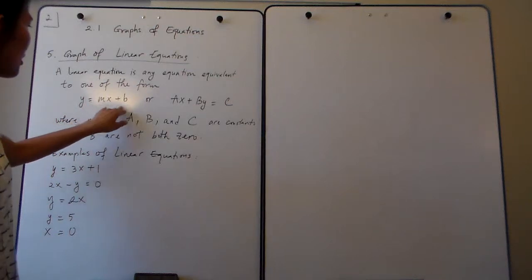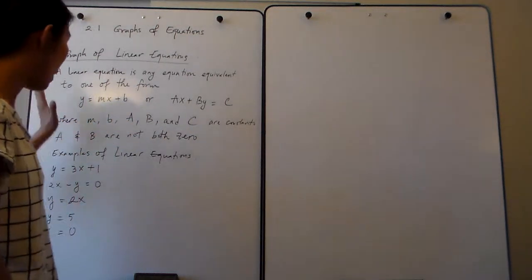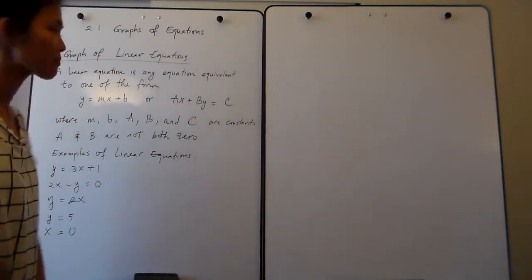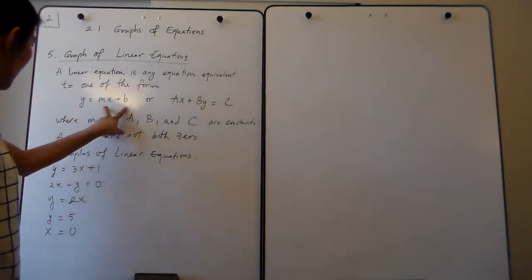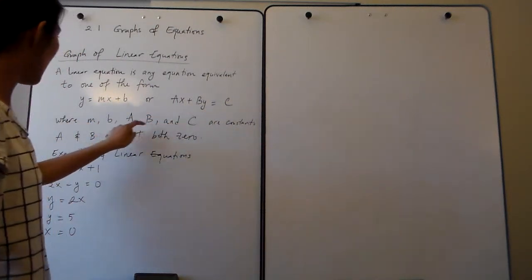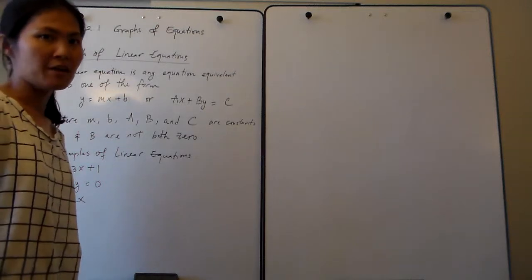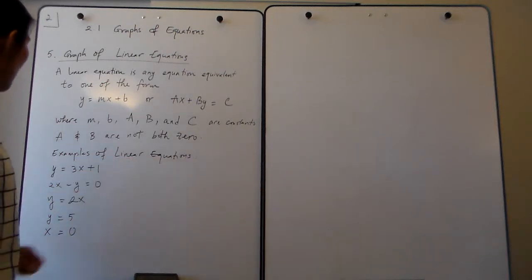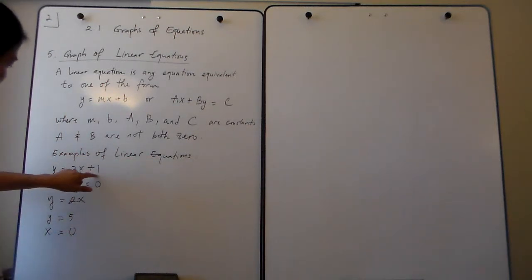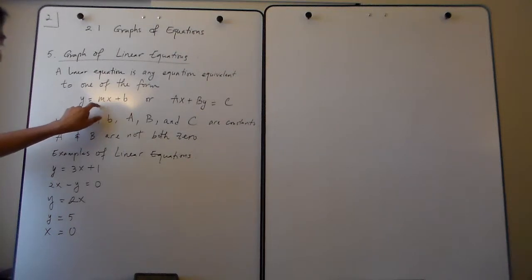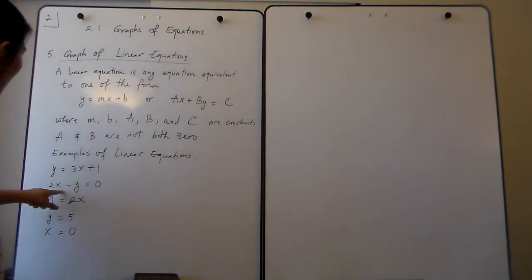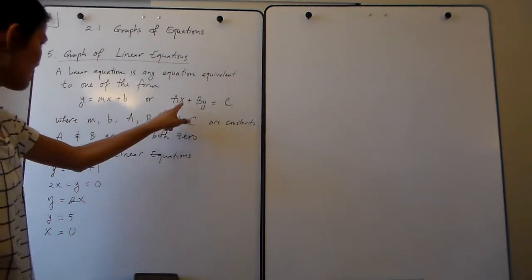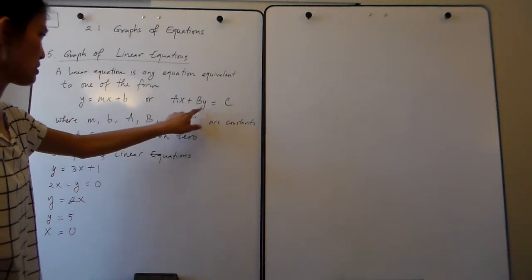either y equal mx plus b, or ax plus by equal to c. Here a, b, and c are constants. They are not variables. They are some numbers. Examples of linear equations are y equal to 3x plus 1, so it is in this form, or 2x minus y equal to 0, it is in this form, constant times x plus or minus a constant times y equal